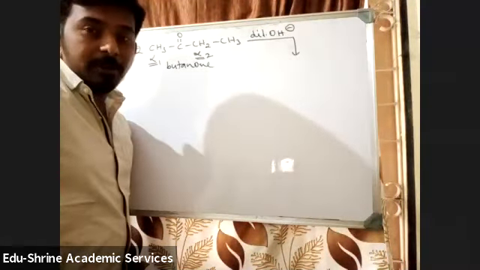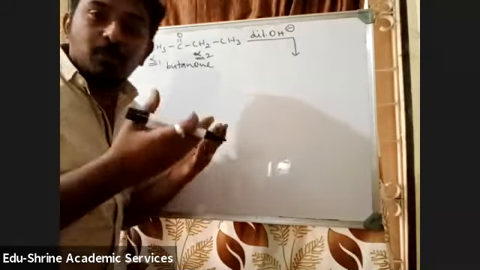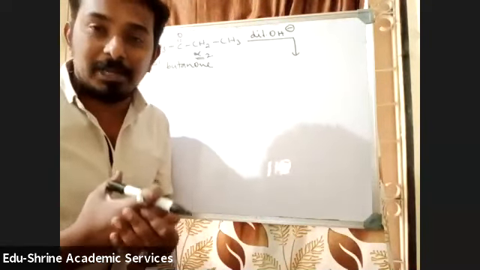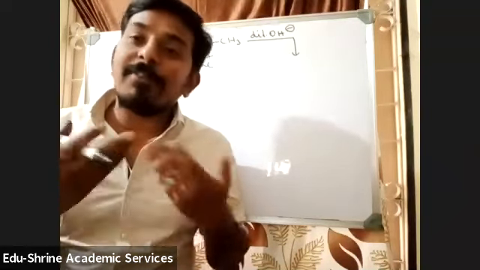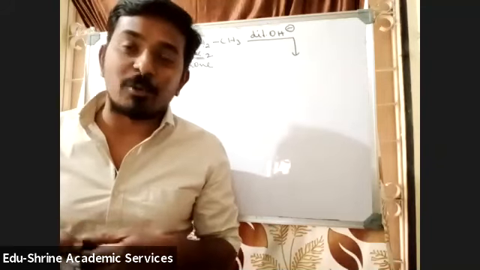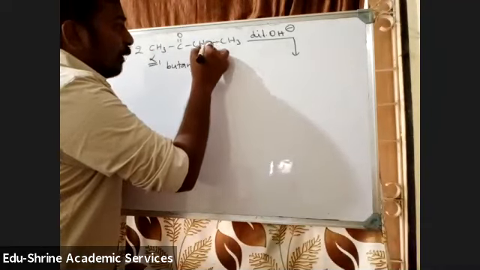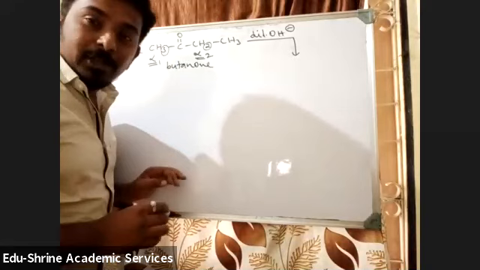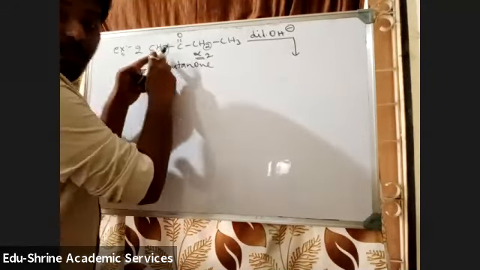No, Kushal, that is wrong. See here, friends, which is more acidic? I am asking. Where there is more number of alpha hydrogens, that will be more acidic. We are telling that the reactions are due to alpha hydrogens only. Where there is more number of hydrogens, that indicates that it is more acidic. To this carbon atom, there are only 2 hydrogens, but to this carbon atom, there are 3 hydrogens. So that means here there are more number of acidic hydrogens. So that's why the base will try to attack this one.